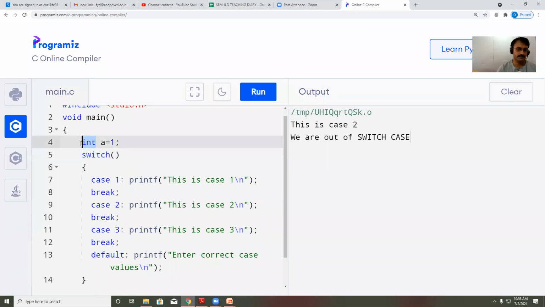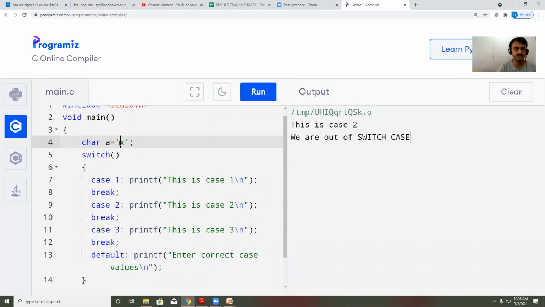Okay, now I will take character. Character A is equal to, I will use character constant. Now here, see, if I give it in a single quote, it is a character constant. If I give this in double quotes, that means it is a string constant.